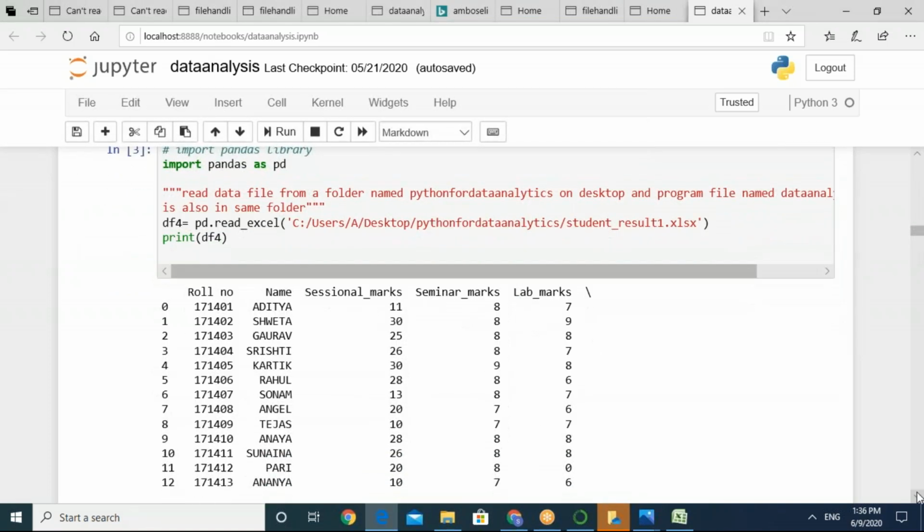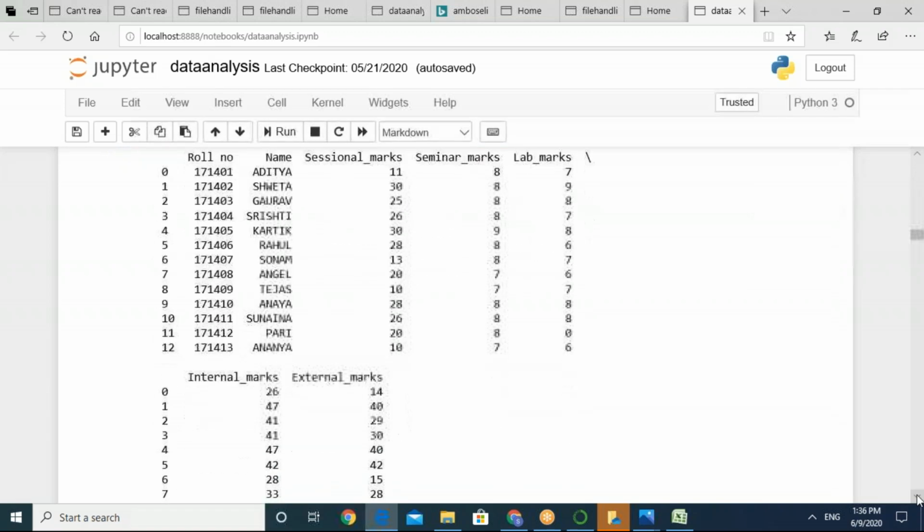So you can see here that this particular file contains all this information. Roll number is there, name is there, sessional marks, seminar marks, lab marks, and as it is showing me a newline character, internal marks and external marks.